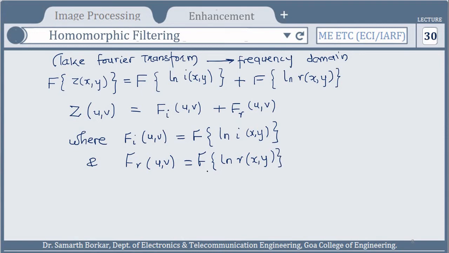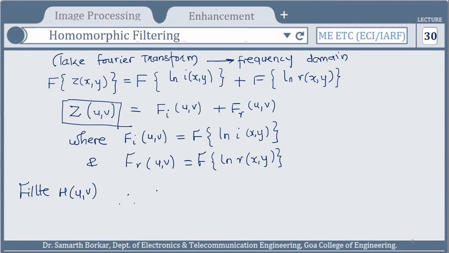Okay, so now as you all know, we need to have a filter. Fine, now we are going to make use of a filter H of u comma v. So this is the function that we have in terms of the illumination and reflectance, and the combined value is taken to be Z of u comma v. This is our input signal, input image, and to this input image we have to multiply the filter in the frequency domain, the Fourier transform of your h of x comma y, that is capital H of u v.